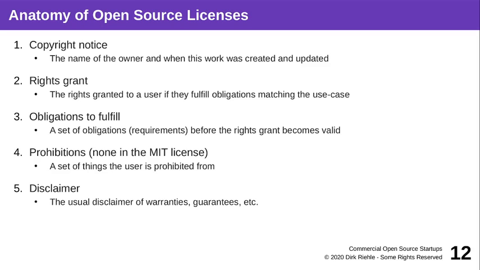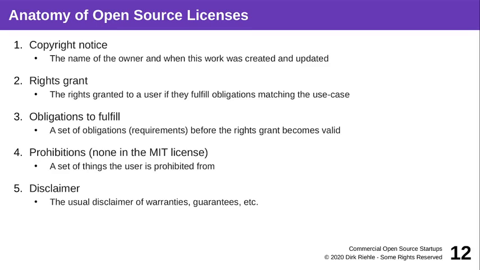So any open source license has these different parts. It usually contains a copyright notice where it says who is that creator who is licensing out this work. Then the license spells out the rights the creator gives the recipient, so what the licensor provides to the licensee, and these are the usual ones: permission to use for free, to modify, so to receive in source form, to modify, and to distribute on, even in modified form.